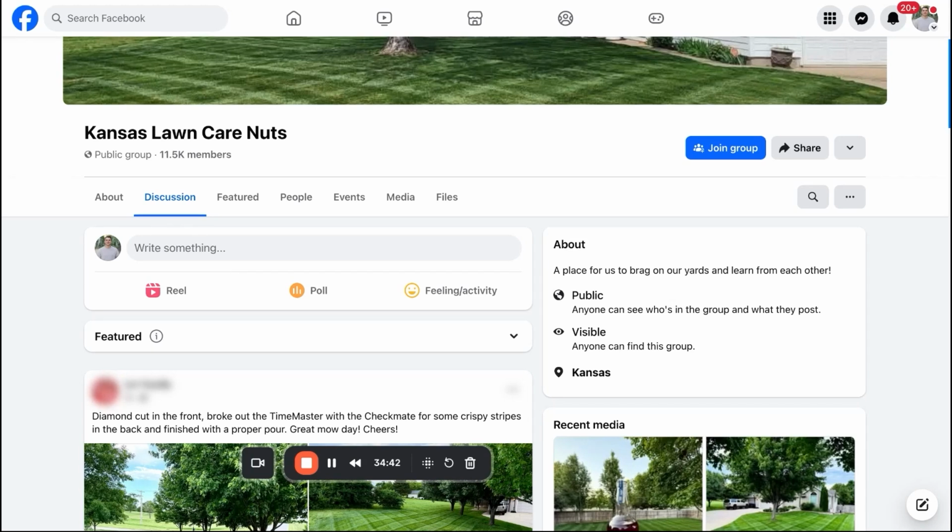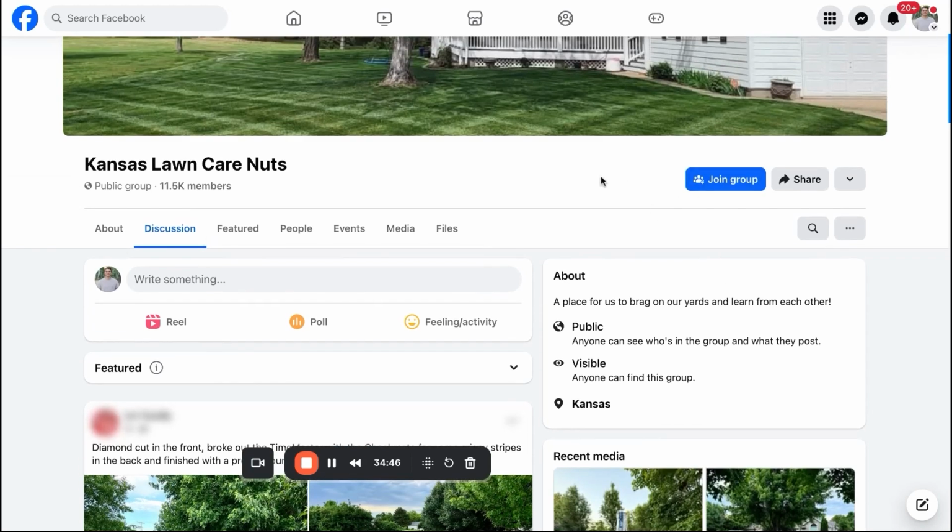Usually groups will have rules that you want to follow and review, but go ahead and join the group and then be active in the group, like be an active participant, right? Like posts, comment on posts, make a post that has nothing to do with your marketing services, about lawn care, whatever it might be. Be an active participant of the group. And then when you are ready to post something in here, post something that is valuable and not very salesy.